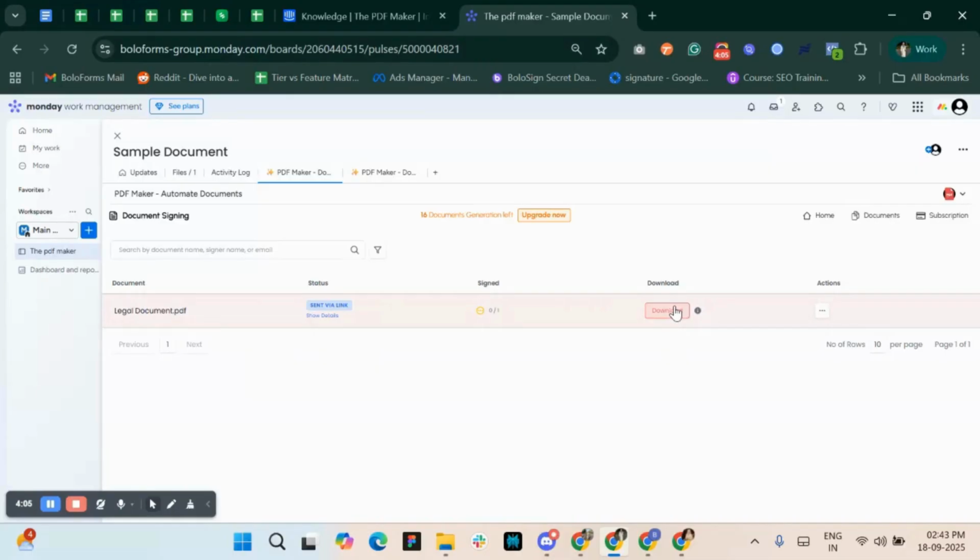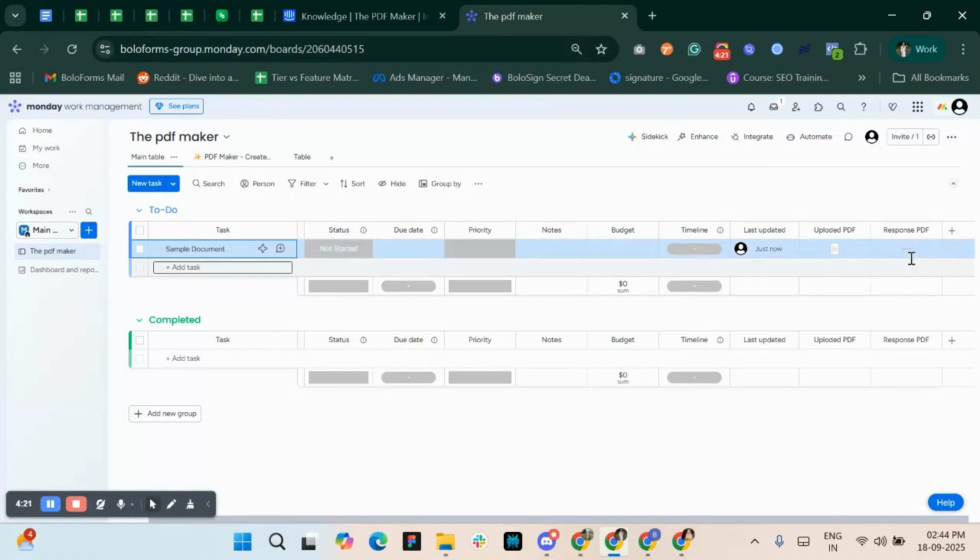But as we have created a second column for the response PDF, I'll show you how you can download it from there also. Once the signer has signed the document, it will show the status as signed. And if you want, you can download the response from here. For now, I'll just cancel this. And as you can see that the response PDF has been generated here. If you'll just click here,